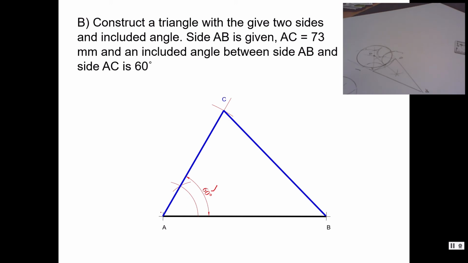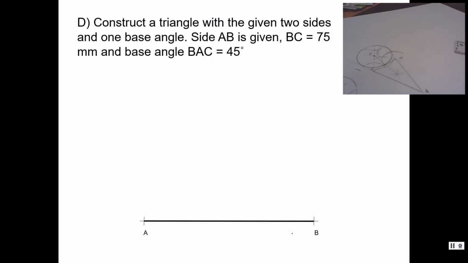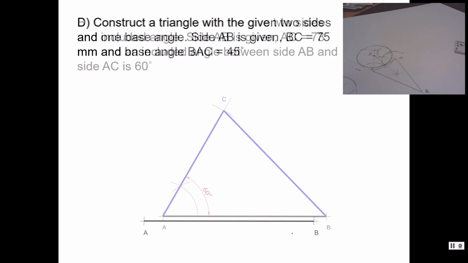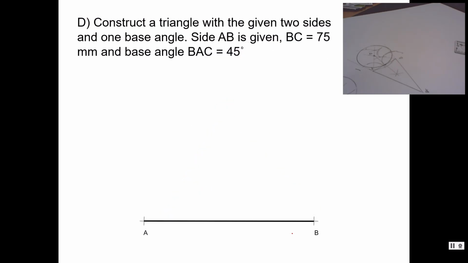And then after that, from here, the distance from here to point C is 73 mm. Once you got the C point, you can just draw this line and this line, and you got this triangle. Please try it. Okay, B. Okay, now